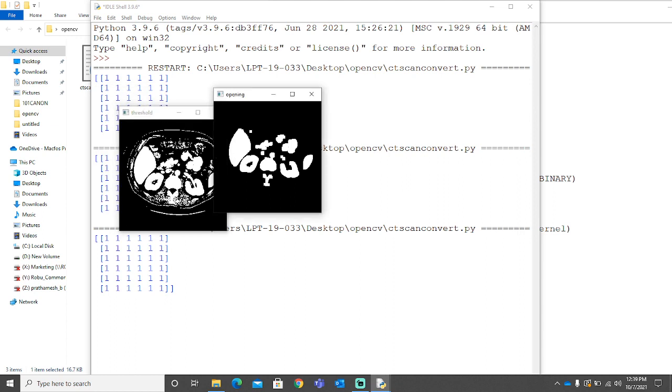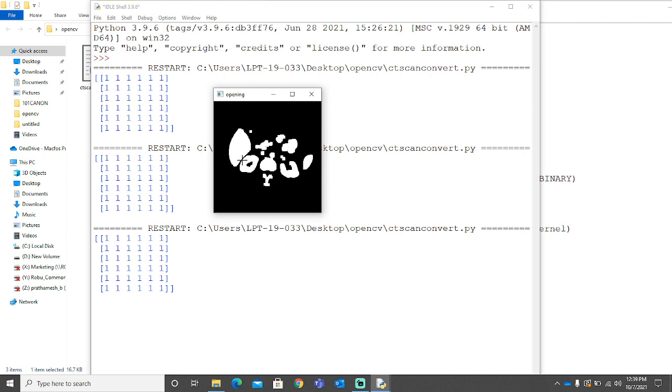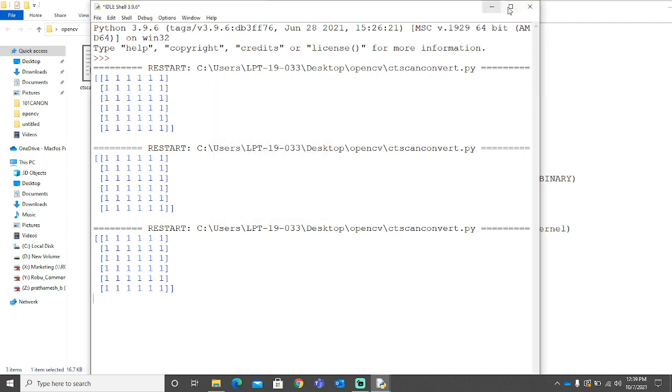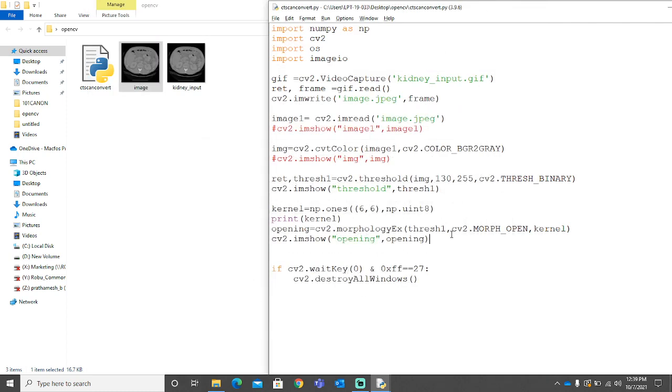So why did we give those kernel values? 0 and 1 is basically black and white. So when we give them the value of the 1 by 1 matrix, we taught the function to differentiate between the noise and the proper diagram. So we have the proper diagram now. That is what we needed, but it is still not interpretable by a common person. So you need to do labeling.